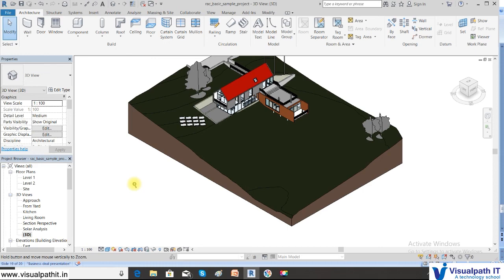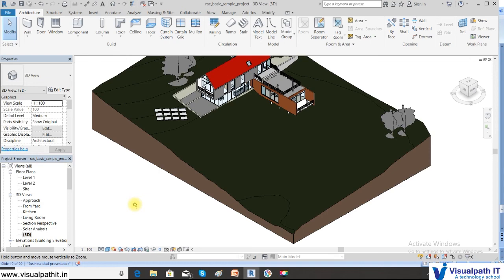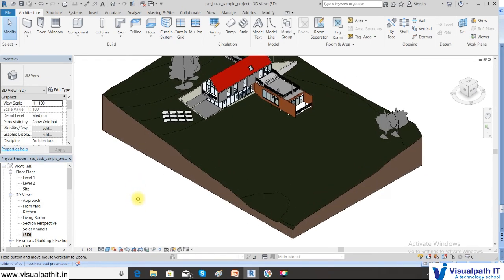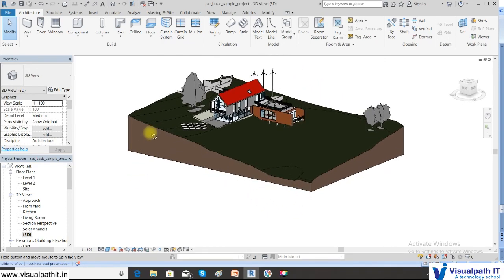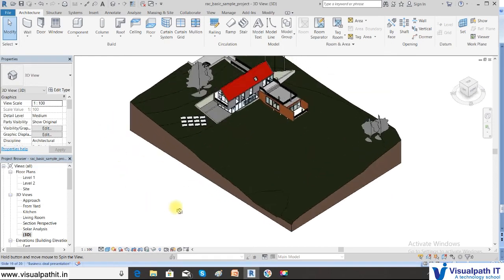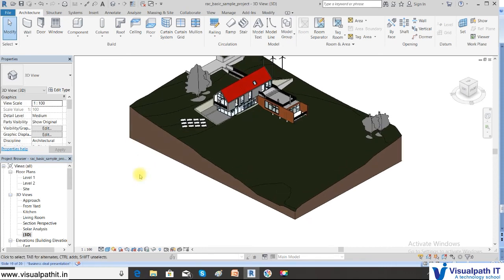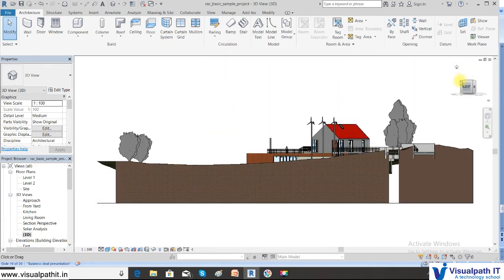Press one space bar while keeping your finger on the mouse wheel. This is zooming. Again, one press without leaving your hand, press one button, so that is the orbiting, which is the same as moving the navigation cube. So you can use these buttons and then you can rotate it. Okay, so to leave your mouse, it comes back to the original view, or you can click the home button, which will bring you to the original position.